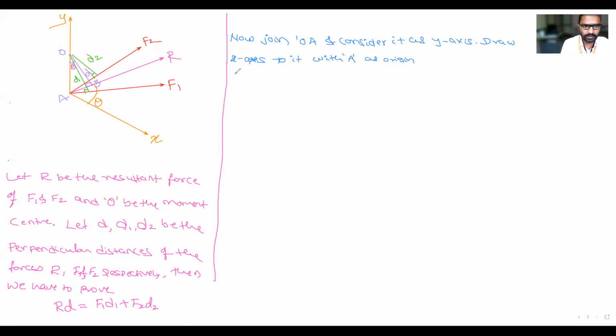Next line: let the resultant R make an angle theta with the x-axis. We can write,